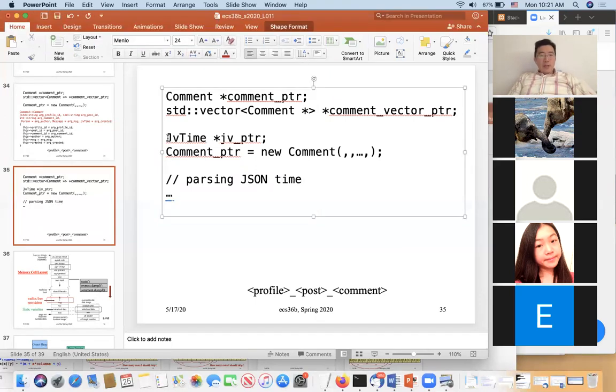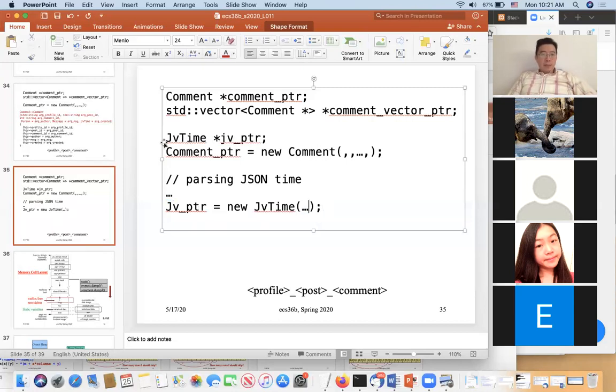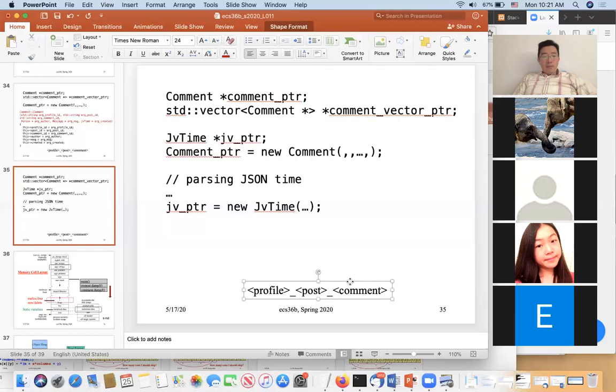And until over here, after the parsing, they start to do JVPTR is equal to new JV time, whatever. Okay, there is also some data structure you need to put in as this. Okay, if you've done this, then you will get a segmentation fault, because what you have is when